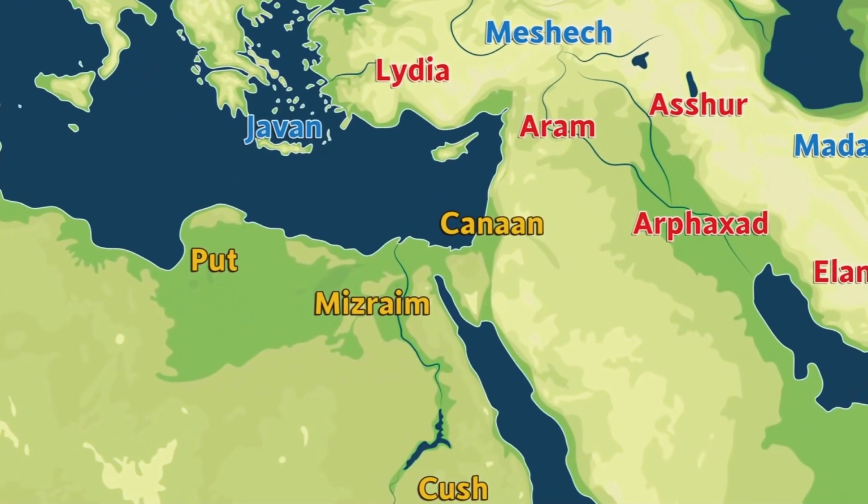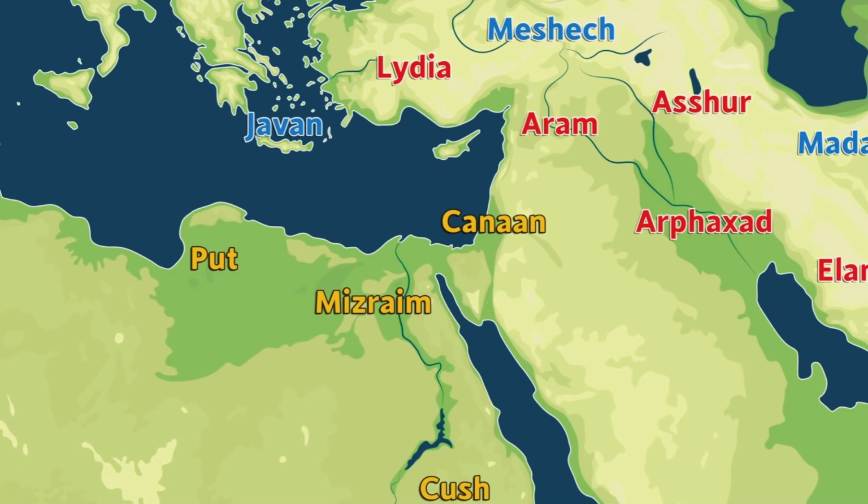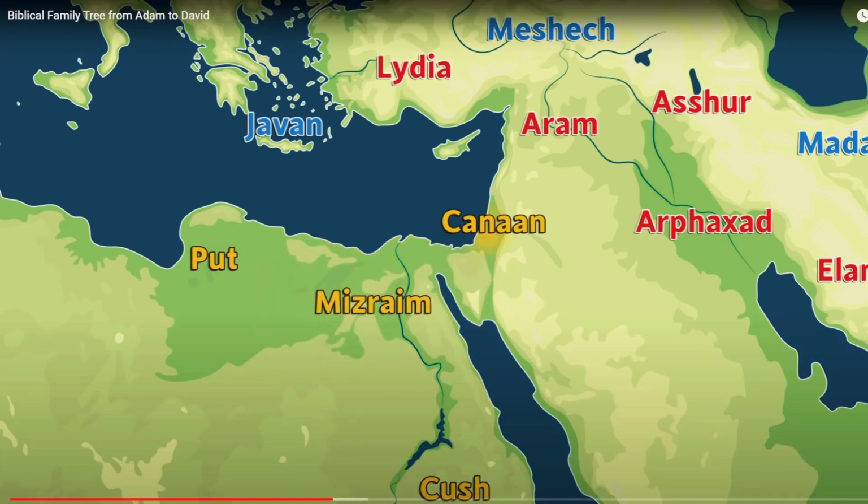Let's look at Ham first. From this map, it's clear that Ham was primarily associated with Africa. In fact, up until recently, the term Hamitic was still used to refer to language groups from North Africa. Nowadays, the term Afro-Asiatic is used instead. The most important Hamitic nation was Mitzrayim. This was and is the Hebrew word for Egypt, but it was also the ancient Babylonian word for Egypt. Makes sense. So keep in mind that most of these names are not the names of people. They are quite clearly place names. Canaan. Which makes sense, right?